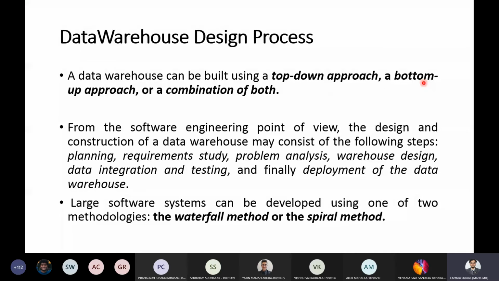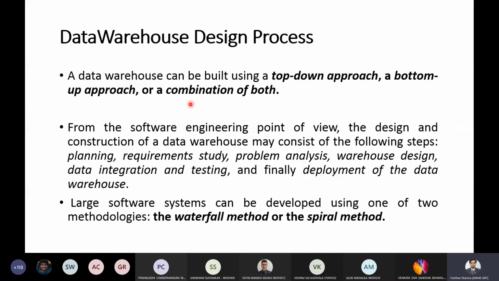Like you are experimenting things. If I use this particular technology, how useful will it be? If I use some other technology, how useful would it be? So you are going one step at a time by experimenting with things and finally deciding which is useful. So if you want such kind of development, we will be using the bottom-up approach.